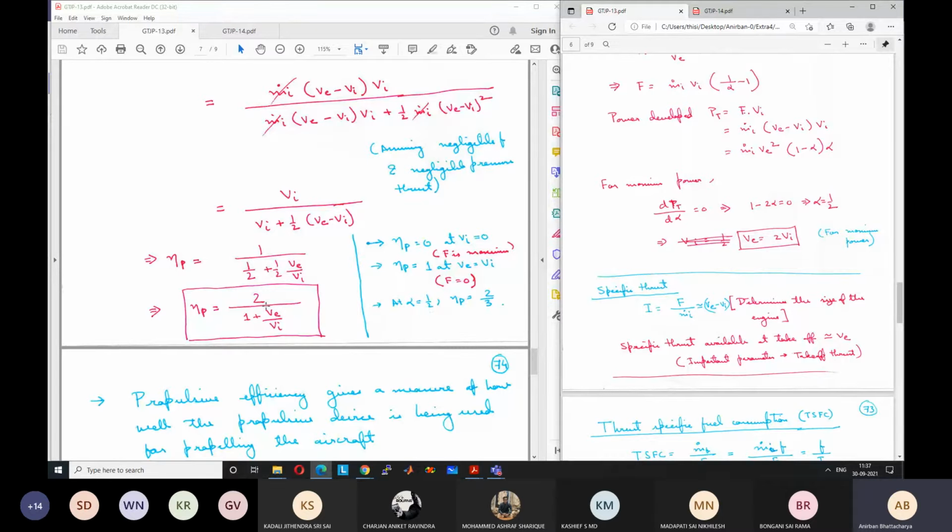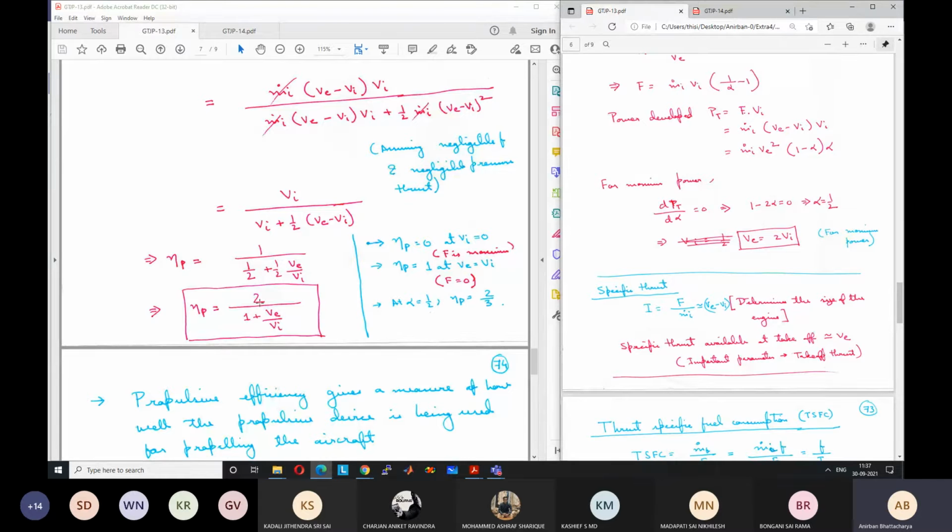Because in a turbofan engine, there are two nozzles. One is the core section through which the exhaust gas velocity is very high, like the turbojet. But there is an outer nozzle through which the exit velocity is relatively very small. And so the average exit velocity of the combustion products and the air mixture is quite low as compared to a turbojet. So it is much nearer to the aircraft velocity. As a result, we get much higher propulsive efficiency for passenger aircraft when we use turbofan engines.